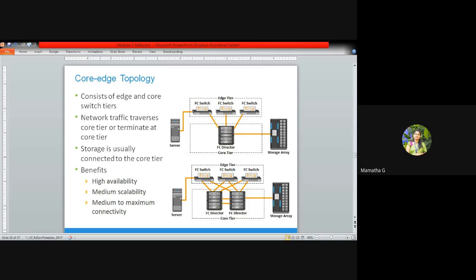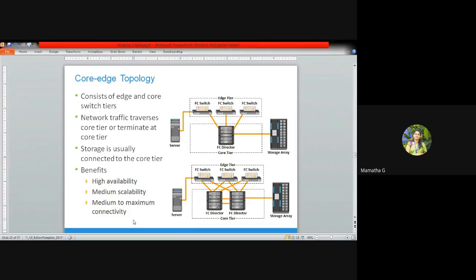And also you can see the main benefits given by your multiple core topologies. It has high availability because you have n number of directors and switches running, and you have dedicated links for the data transmission. You have high availability for the host and medium scalability. Scalability is whenever you want, the storage can be increased or the network capacity can be increased. And medium to maximum connectivity, that is connectivity in the sense we have increased the ports. See, in the single core and multiple core, we tend to increase the ports so that more data